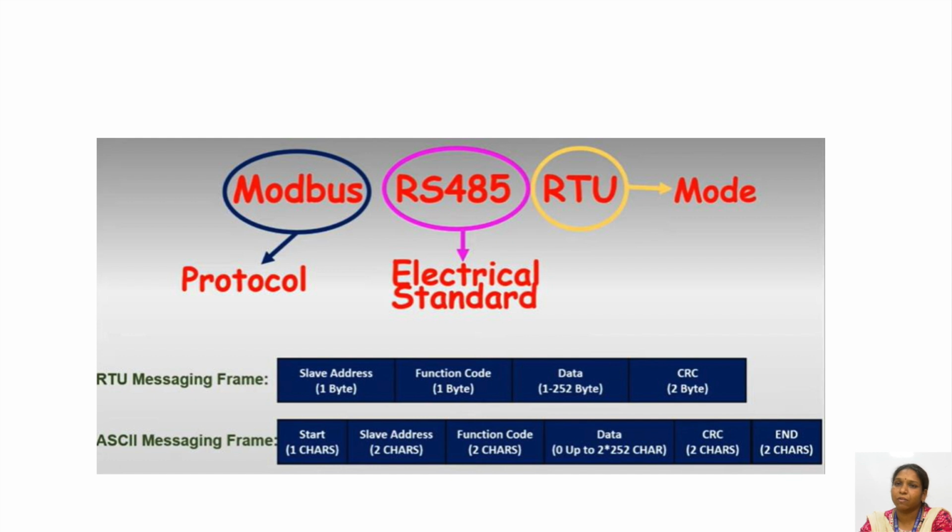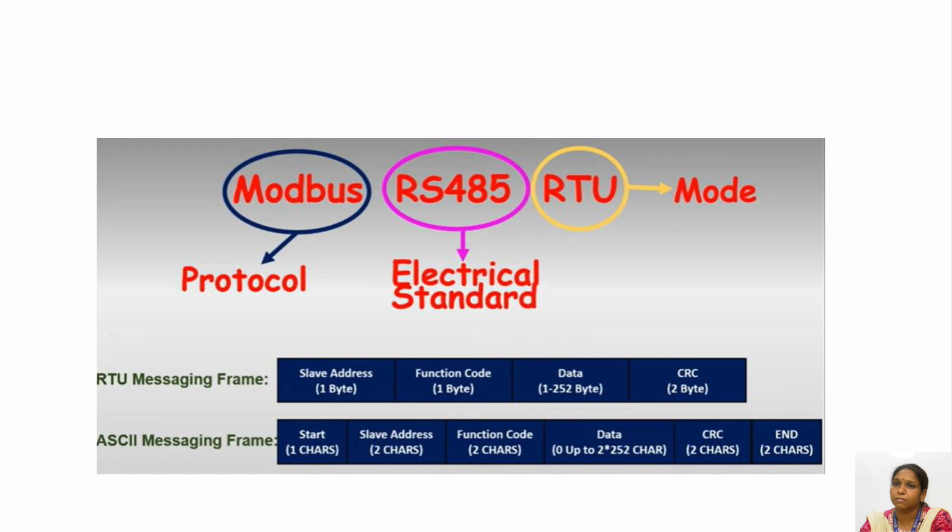The messaging frame for RTU consists of the slave address, which is 1 byte, the function code, which is 1 byte, the data, which can be up to 252 bytes, and the CRC, cyclic redundancy check, which is 2 bytes. Whereas in the ASCII messaging frame, it has a start as 1 character, slave address as 2 characters, function code as 2 characters, data up to 252 characters, and CRC of 2 characters,